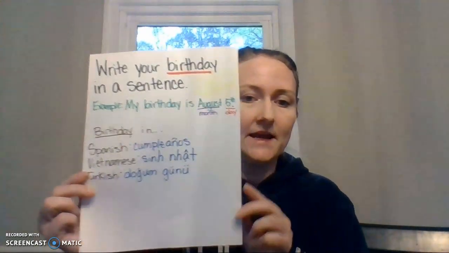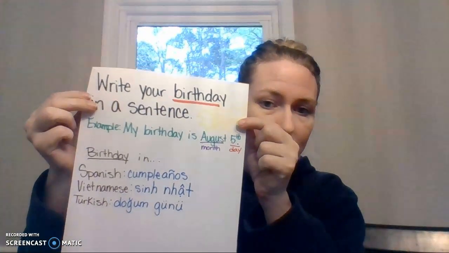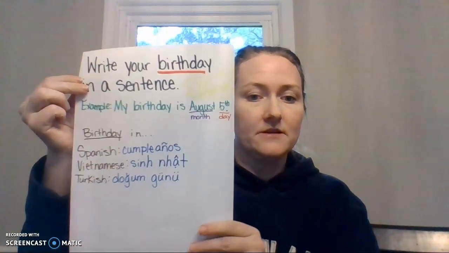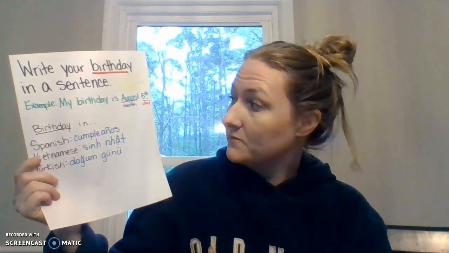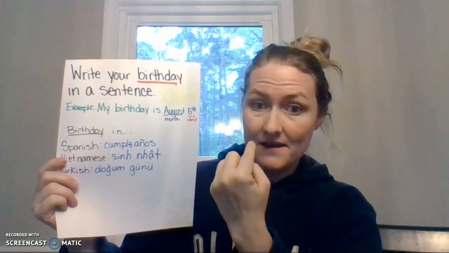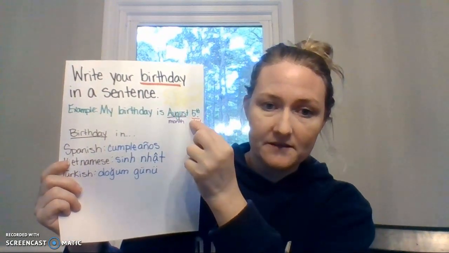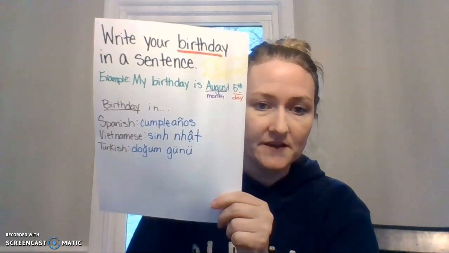But today, I really just want you to be able to write a month, and to do that, you're going to tell me your birthday. So your assignment today is to write your birthday in a sentence. I know it's hard to see right here, but this says in English, okay? An example is my birthday is August 5th. When we write our birthday, like in a sentence like this, you always start with the month. And then you put the day. So August 5th. Okay? I put a little hint at the bottom how to say birthday in Spanish, Vietnamese, and